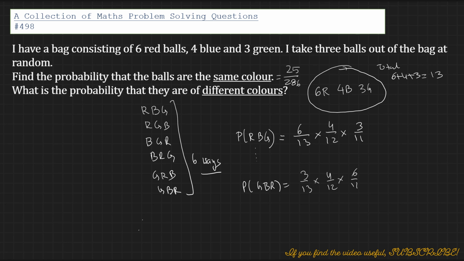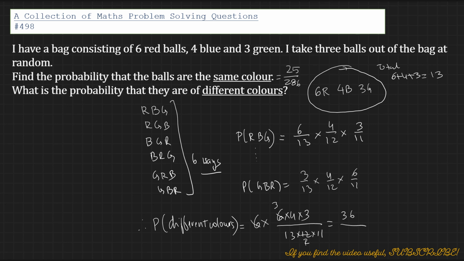So therefore the probability of different colors would be 6 times 4 times 3 divided by 13 times 12 times 11. And we can simplify a bit before we get there. So we can do 6 times 2 is 12, and the 2 and the 3 is 6. So I would be left with 3 times 12, which is 36, divided by 13 times 11